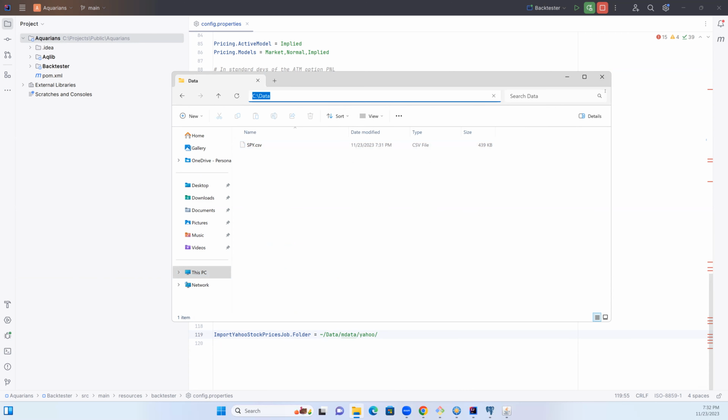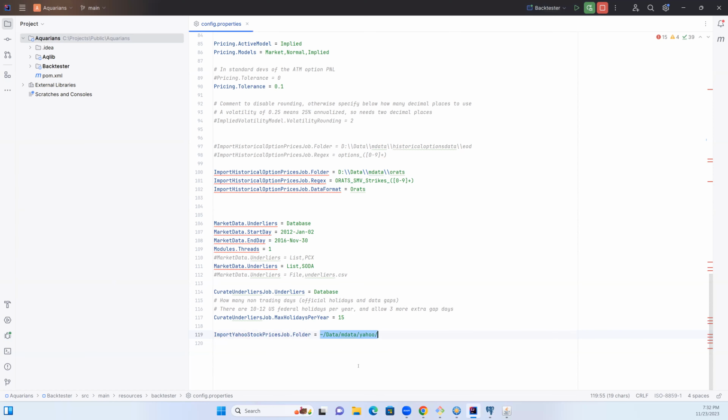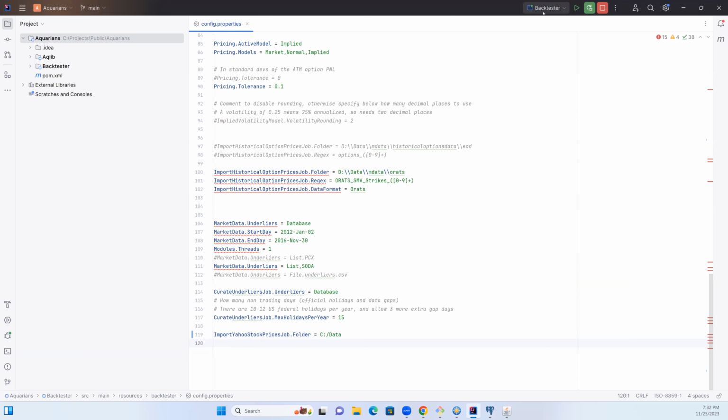So copy this, put it here, use Linux style folder delimiters, and start a log. Shift-F to automatically go to the end of the file and start. We can just stop whatever has run and now run it in